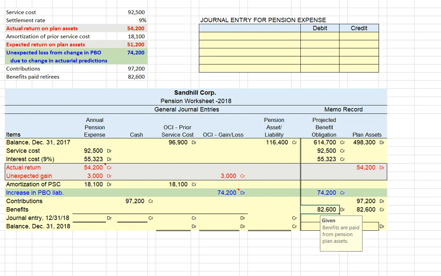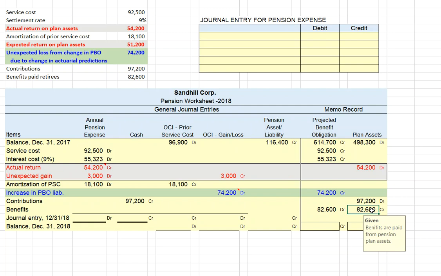Finally, we're told that benefits that are paid to retirees are $82,600. The benefits paid reduce our pension obligation, and since they're paid from pension plan assets, they reduce the plan assets by the same amount. We're now ready to calculate our pension expense for the year. Our pension expense for the year is